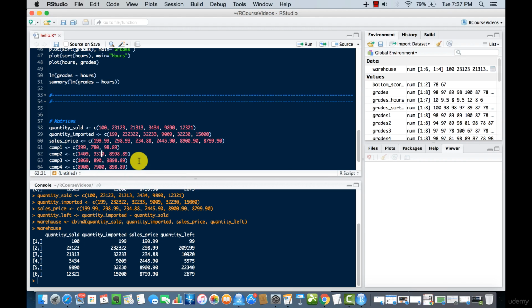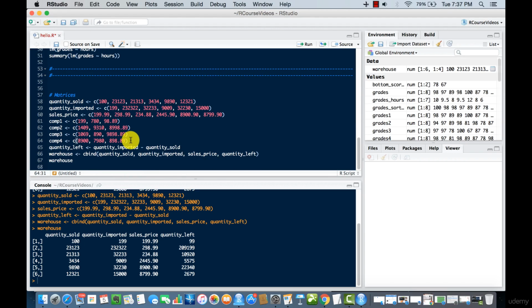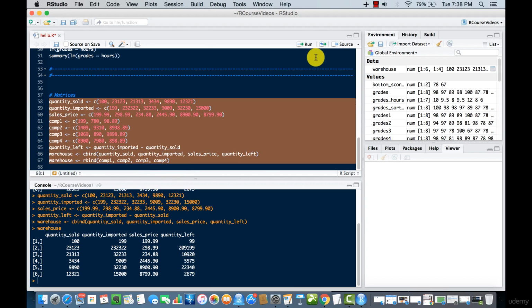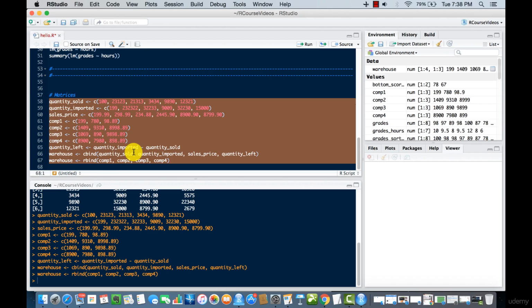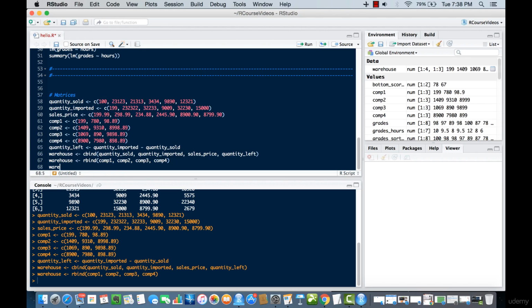Okay, so now we're done creating 4 different computer products, and we can also do a row bind. So if we do rbind, and we do comp1, comp2, comp3, and comp4, and if we execute the creation of this, you can see warehouse is now defined to a new term. Do warehouse to do a printout,